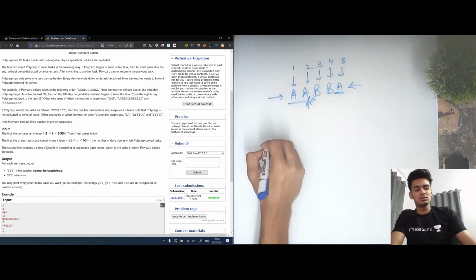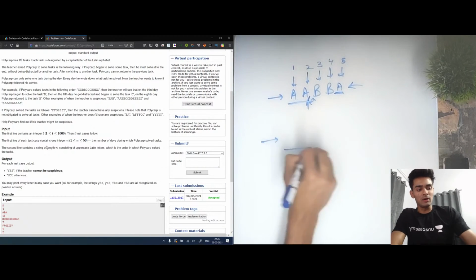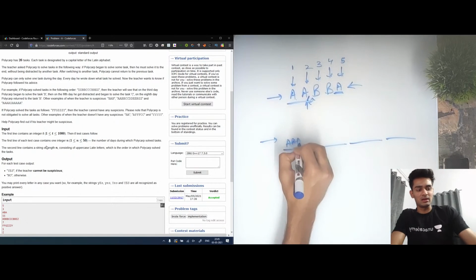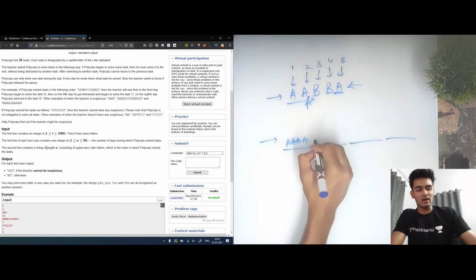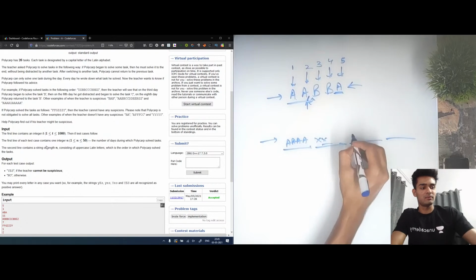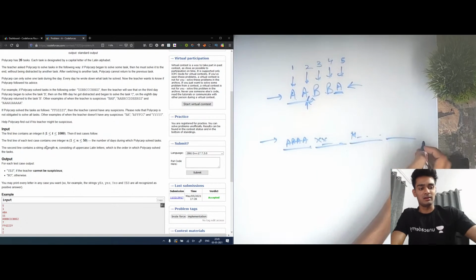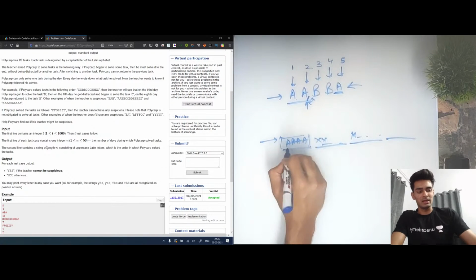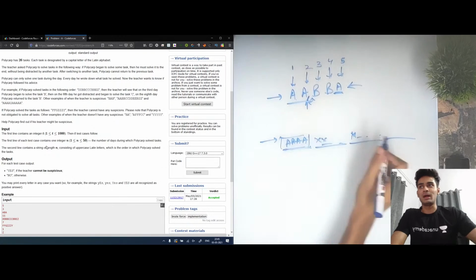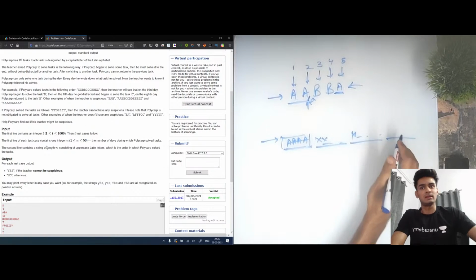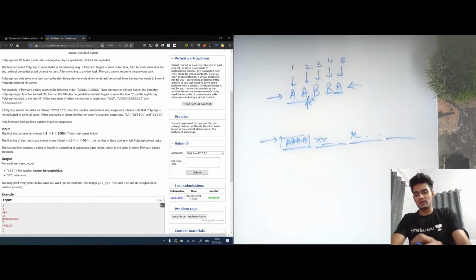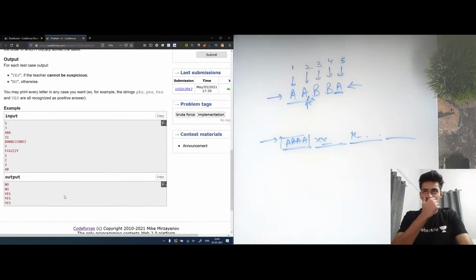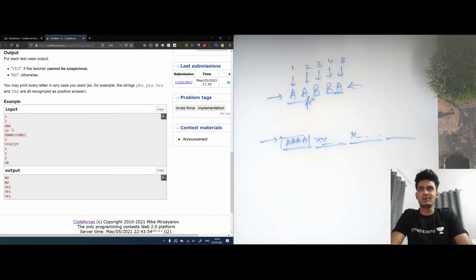So basically the solution for this is that we need to have contiguous segments of different characters. Let's say we have A any number of times, then X any number of times, then M any number of times, and so on. After I have got a consecutive segment of A, I cannot have A after that anywhere. That is all we have to do. Let me just increase the font so that it's better for everybody. Okay, let's come on to the inputs.